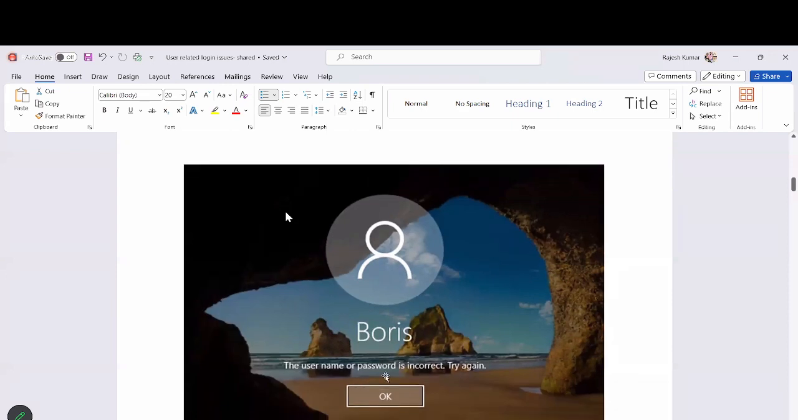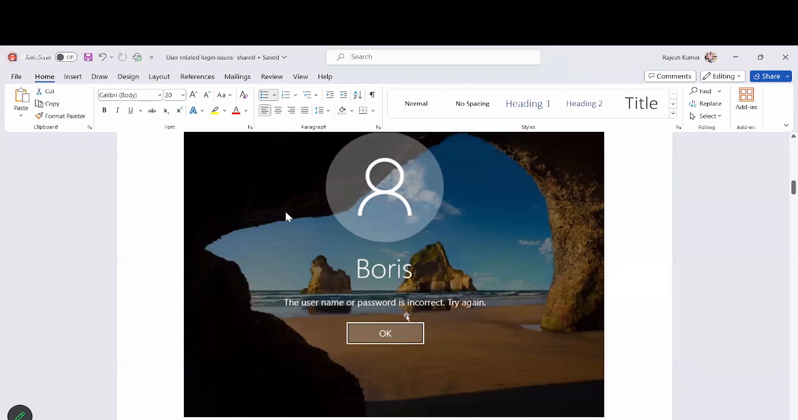But let's suppose the user is working from home. If the user says that I am working from home, the first troubleshooting step will be to check whether the user is connected to VPN or not. If the user is not connected to the VPN, the user cannot log in to the system and can get this error. Because in the work from home scenario, VPN connection is very